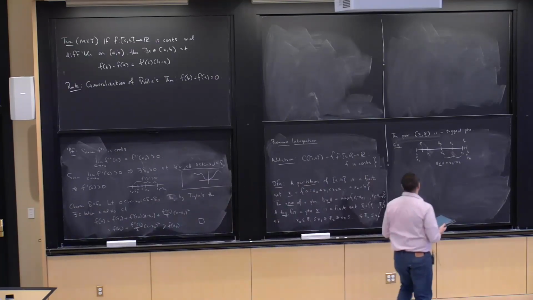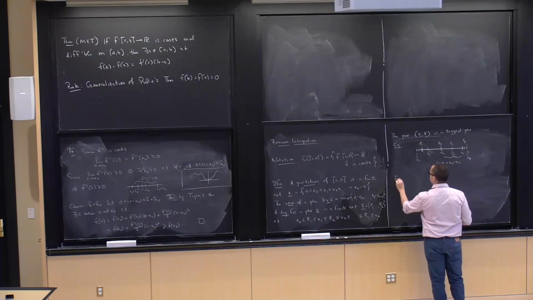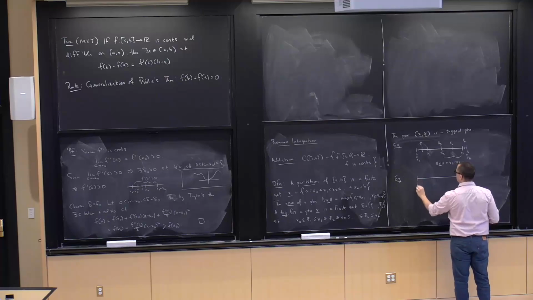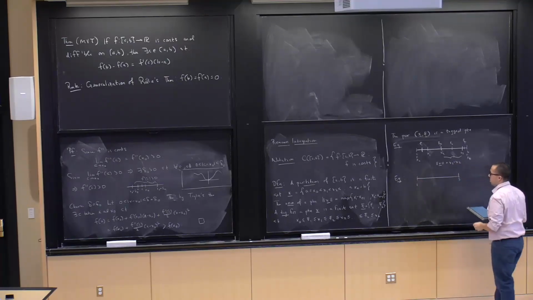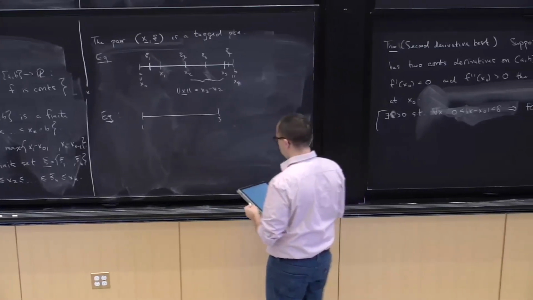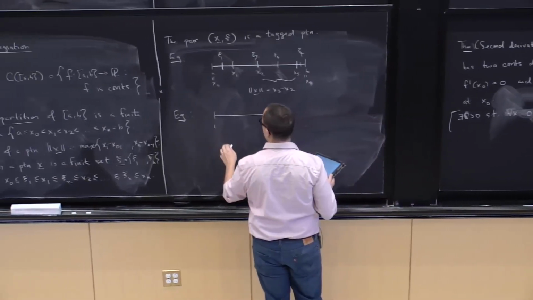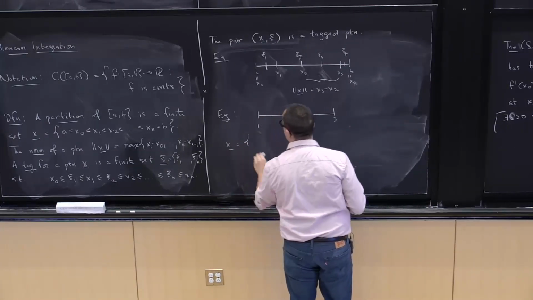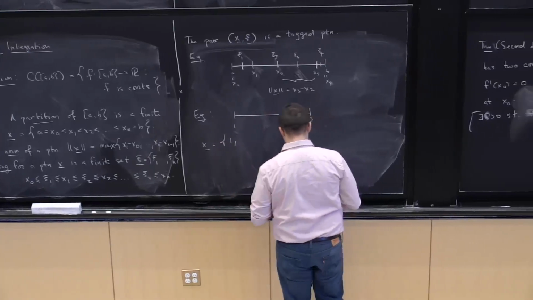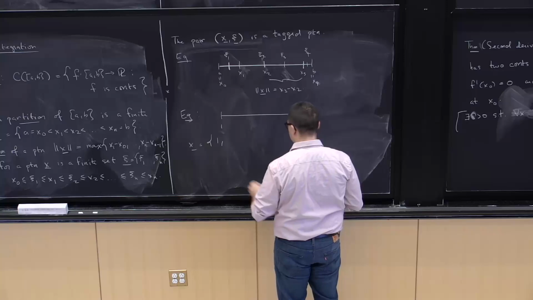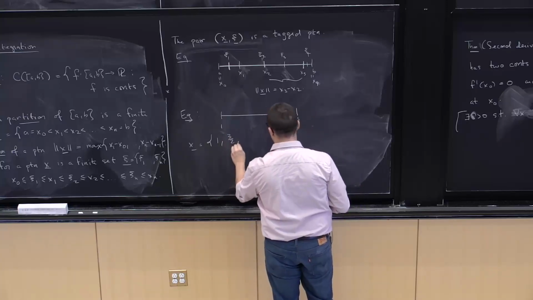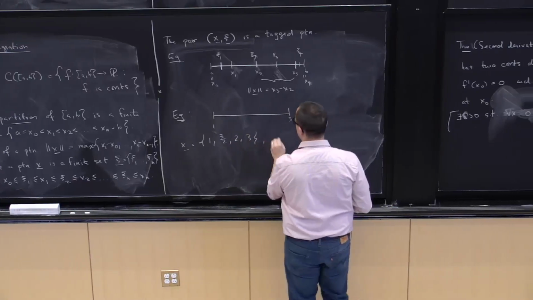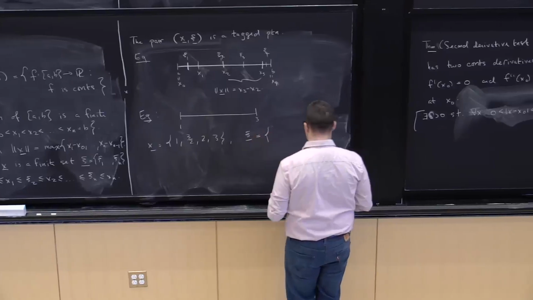Okay, so I drew something abstract here. Let's make this more concrete. Let's say I'm looking at, just to write down a few examples, my interval is [1, 3], and my partition are the points 1, 3/2, 2, 3, and then my set of tags are